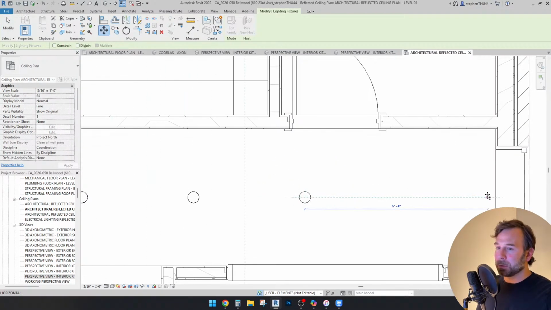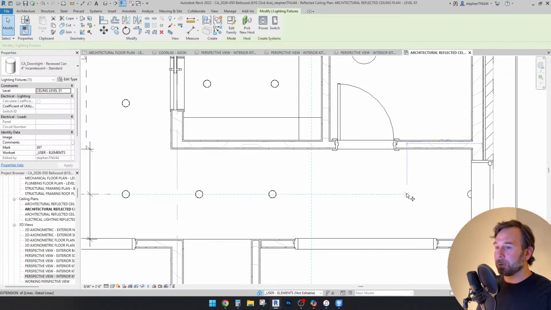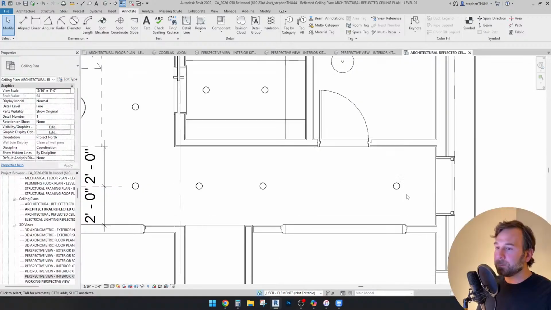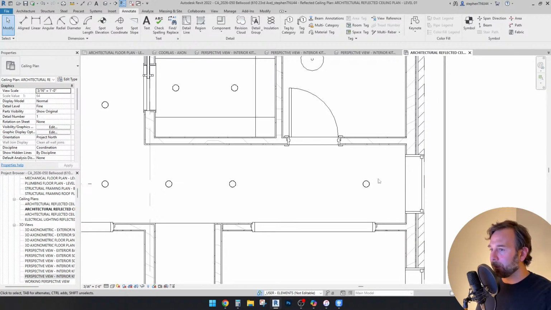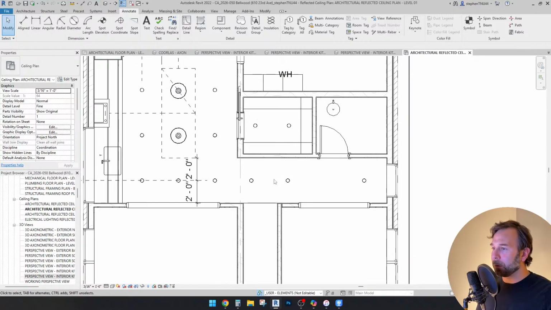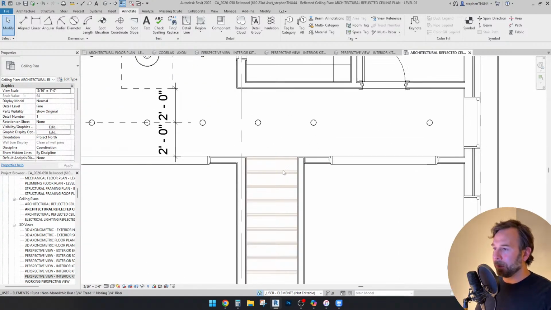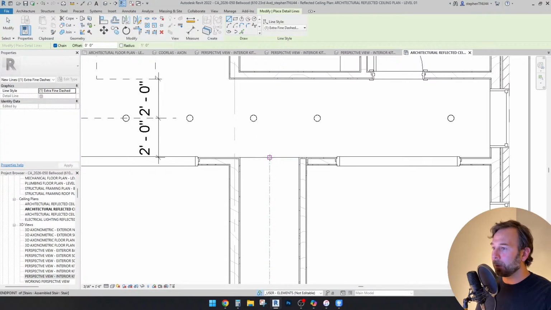Because 4 feet is a good spacing, usually 2 or 3 feet is going to be a good spacing off of the exterior wall. And because that's a 4-foot width, a 2-foot spacing off the wall feels appropriate. We do have the stairway here, so that's another good alignment point. I will say